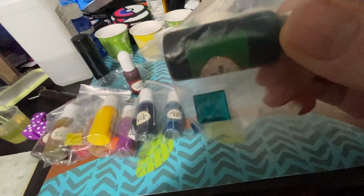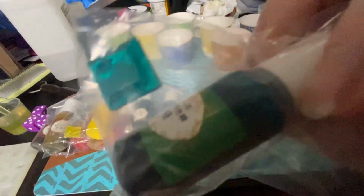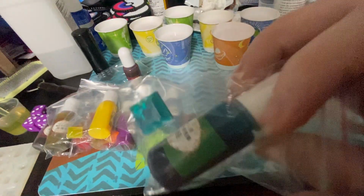This is teal. This is straight up teal. And that bottle is straight up green. Straight up teal in a straight up green bottle. Love it. You never know what you're going to get. Now then, that being said,